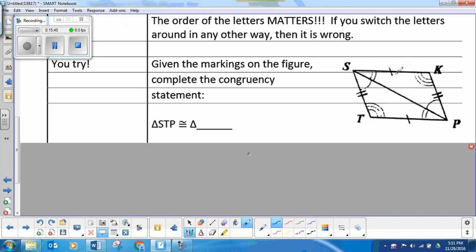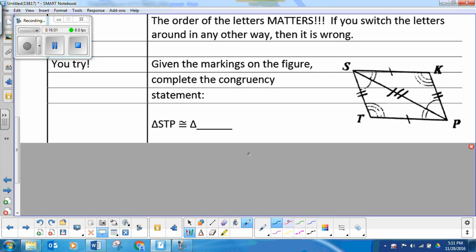You can see we have one mark here on SK and one mark on TP. We know those sides are congruent. We've got two marks on KP and two marks on ST, so those sides are congruent. In addition, let's put three marks in the middle. Okay, it's important to mark your shared side because both of those triangles are sharing side